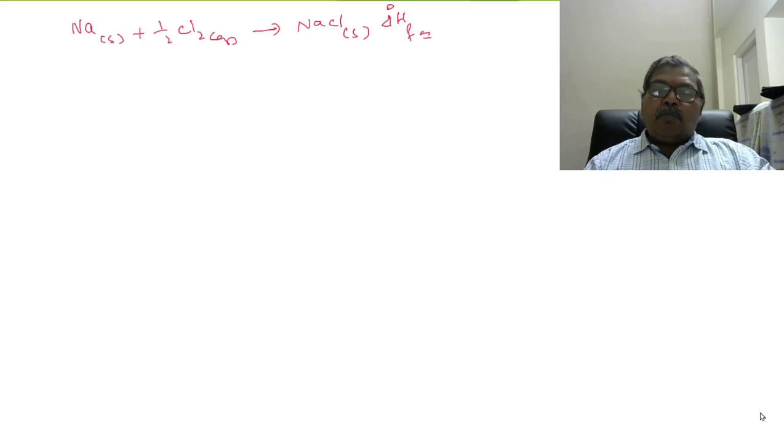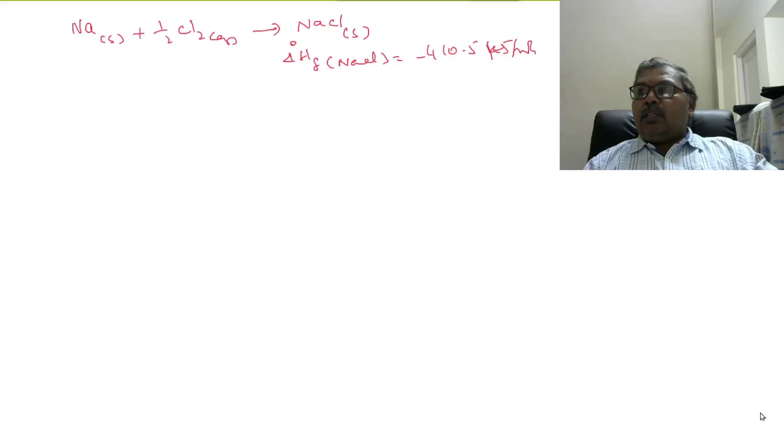Delta H naught of NaCl is minus 410.5 kilojoules per mole. So actually this is the method of preparation of NaCl in the laboratory. Okay, now